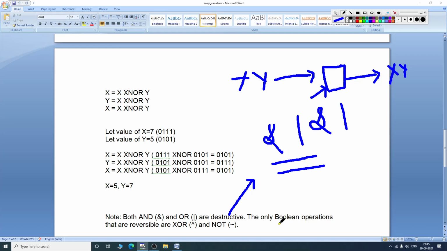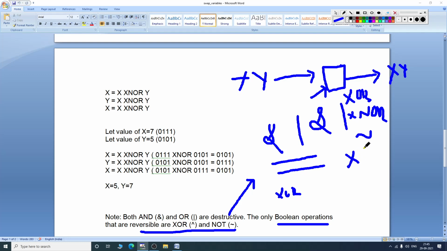So the only Boolean operations that are reversible are XOR and NOT. As XOR and NOT are reversible, this intermediary is preserved if we use XOR and XNOR. XNOR is nothing but NOT and XOR: when you apply a NOT operation to an XOR function, you have XNOR.